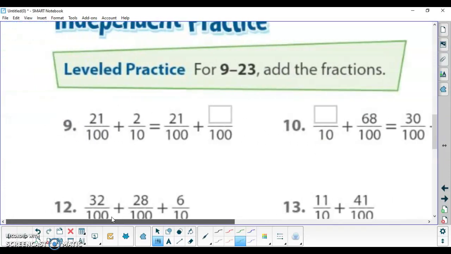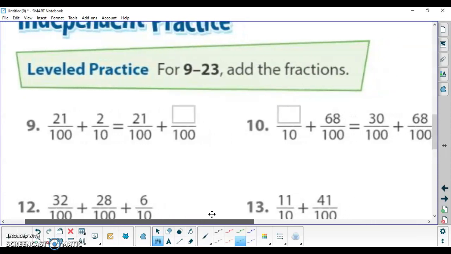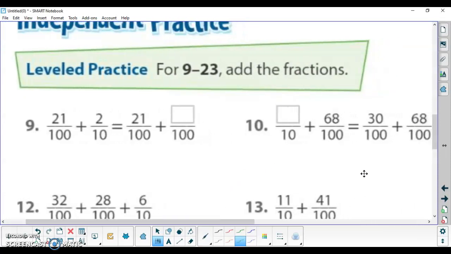Let's check out what's down here. For 9 through 23, add the fractions. So 9, 10, and 11 are a little different than the rest. So we're going to do 9, 10, and 11 together. And then you're going to complete 12 through 23 by yourself. So what I notice here with number 9, it's showing me 21/100ths plus 2/10ths is the same or equal to 21/100ths plus 20/100ths because they just converted